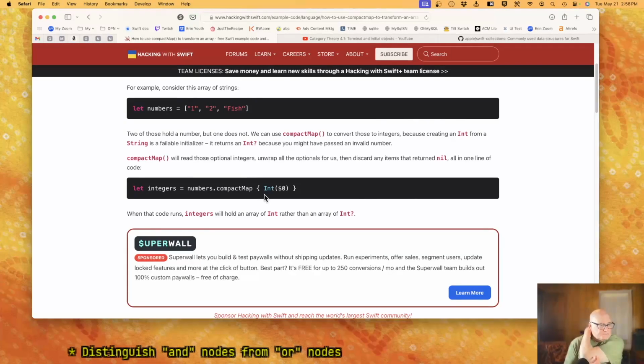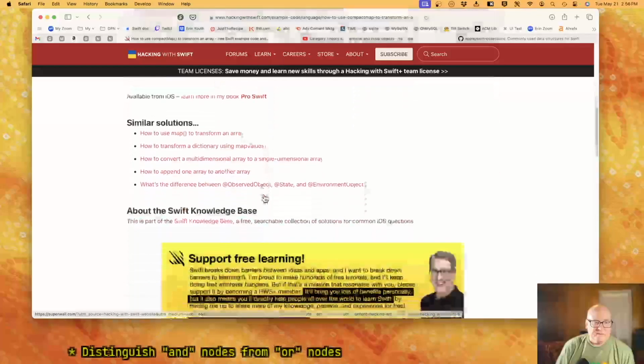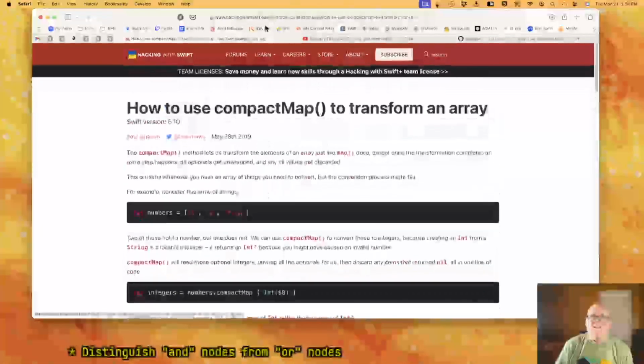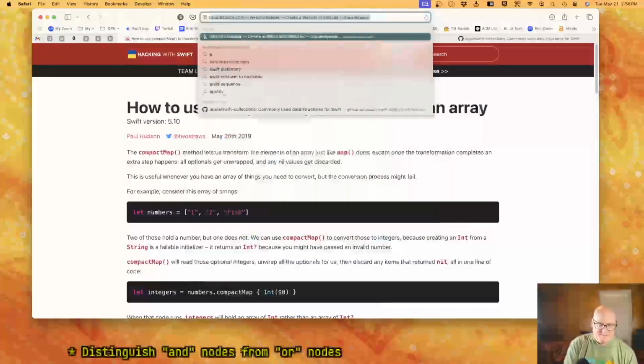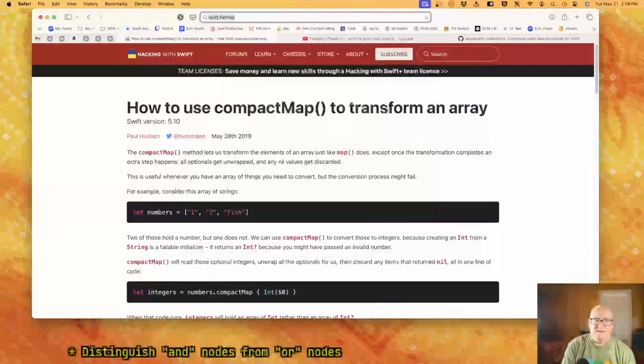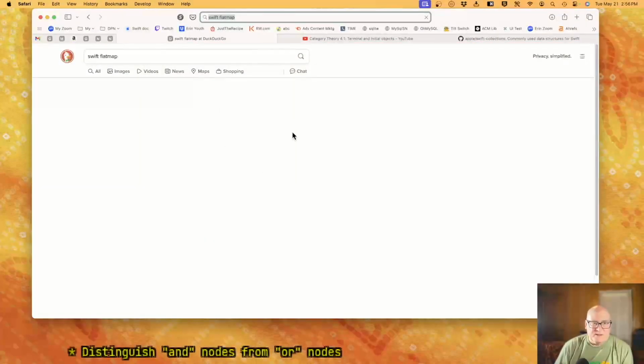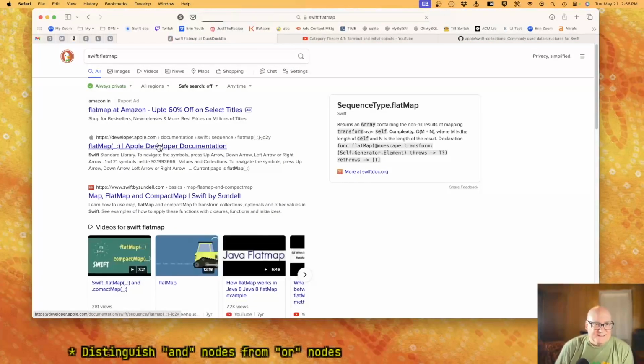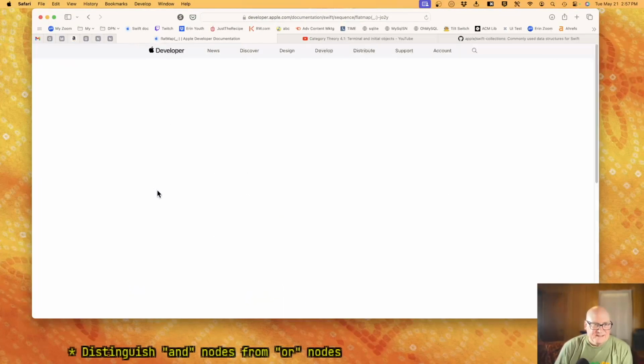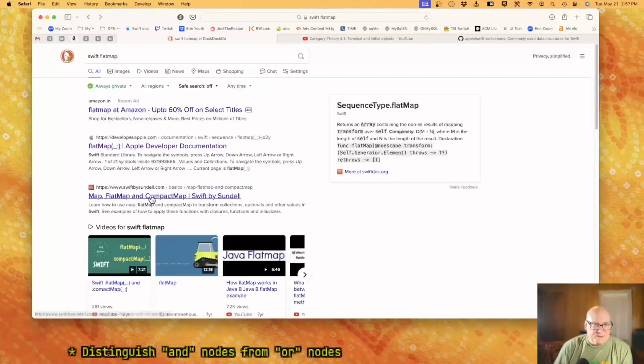Okay. Well, that's not really flat map. They'll tell me it's deprecated. Hopefully they'll tell me how to do it. Oh, Swift by Sundell. That's some good ones.